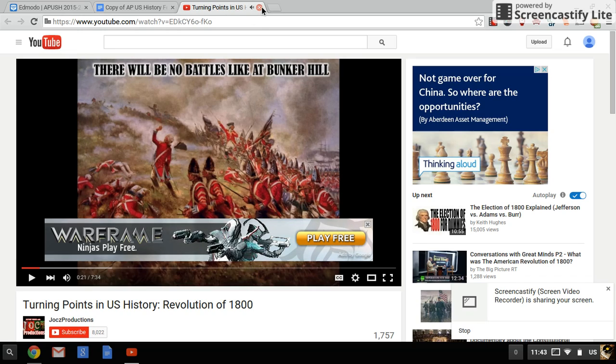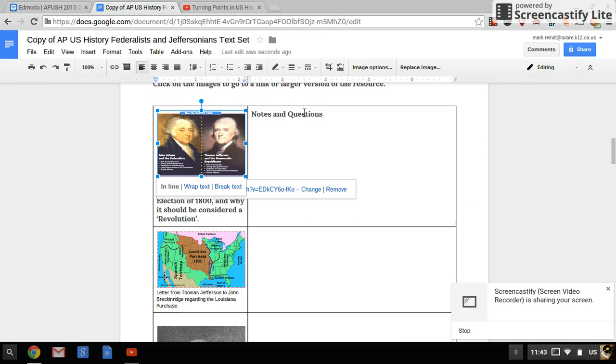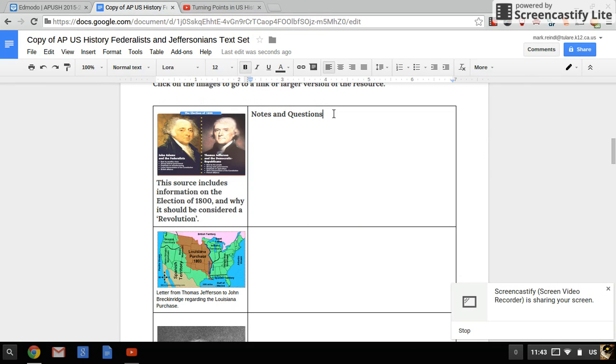Okay, so you'll watch the entire thing, and then you'll take notes on it, and you can just flip back and forth in between the video to put down the notes that you need to put down. You will fill out your notes in the box to the right of each resource. So, for example, the first thing I'm going to put down on this one is that